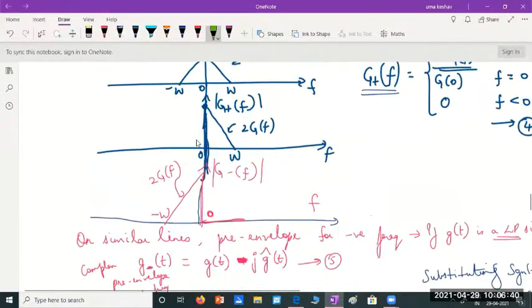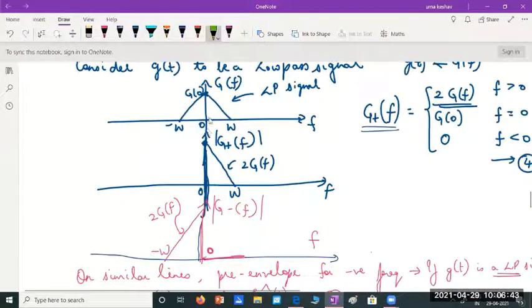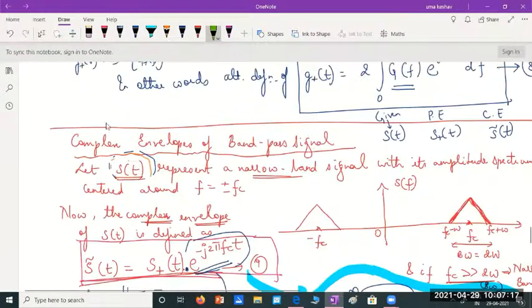Then we tried to get the representation in the frequency domain. See, this is the representation. We showed that this g plus of t, which gets converted to g plus of f, will have only those components with positive frequencies. You can see the equation here on the right hand side. G plus of f is 2 times g of f for f greater than 0, g of 0 at f equal to 0, and 0 for negative f. Similarly, we represented g minus of f like this, which exists only for negative frequencies.